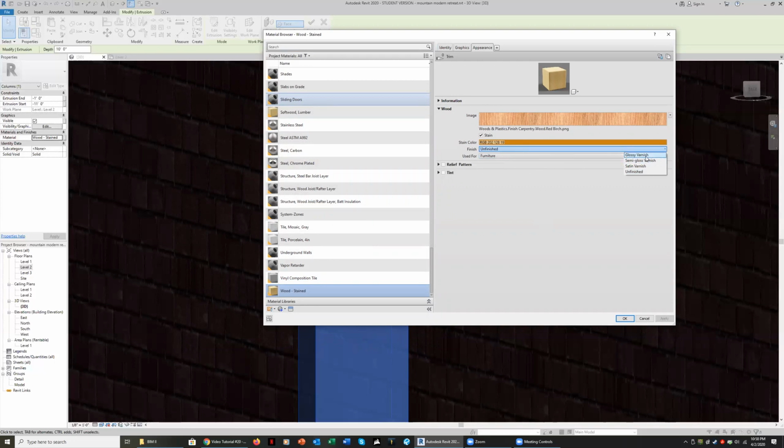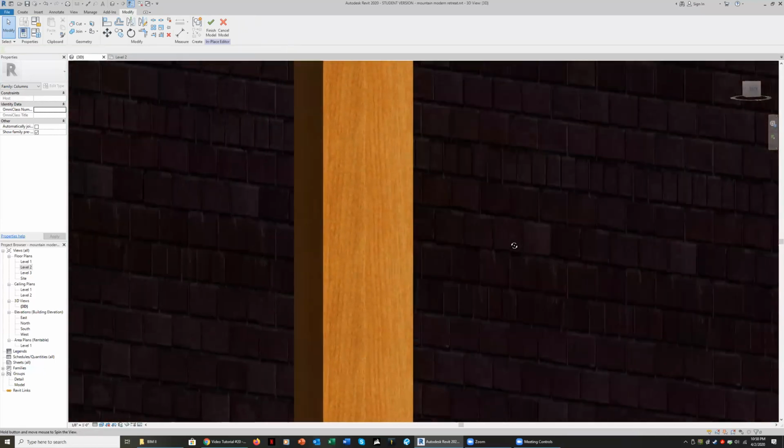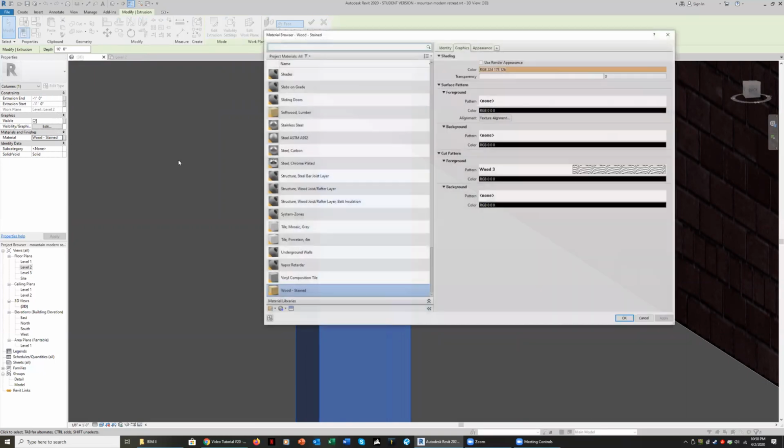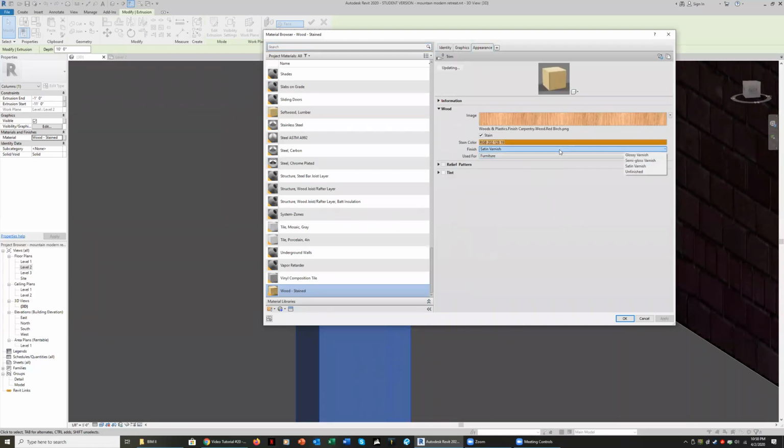We can change how it looks in a rendering from unfinished to a semi-gloss or a gloss or a satin varnish. So if I click OK, looks like a stained piece of lumber. But if I go back to materials, appearance, and make it a glossy varnish,